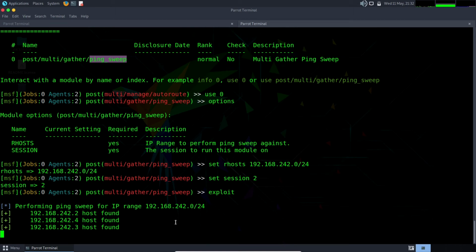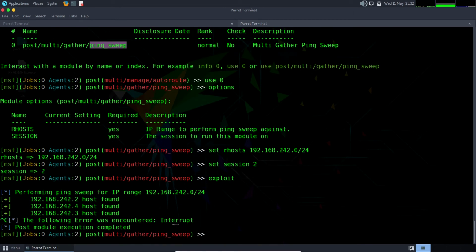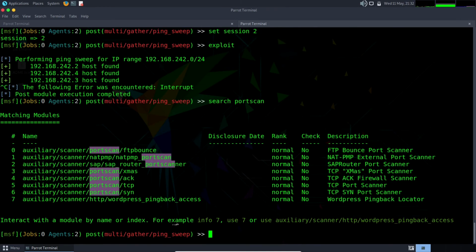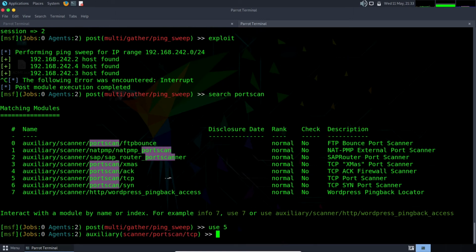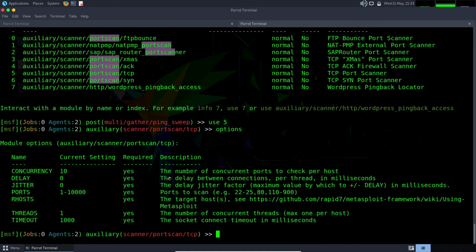So how do we know what services are listening on these hosts? Well, let's search for port scan. Brilliant, and you can see there TCP, which is probably the one we want to use, since TCP is probably the most reliable way to determine ports. So we're going to use 5, and we're going to do options, and then we're just going to set our hosts to